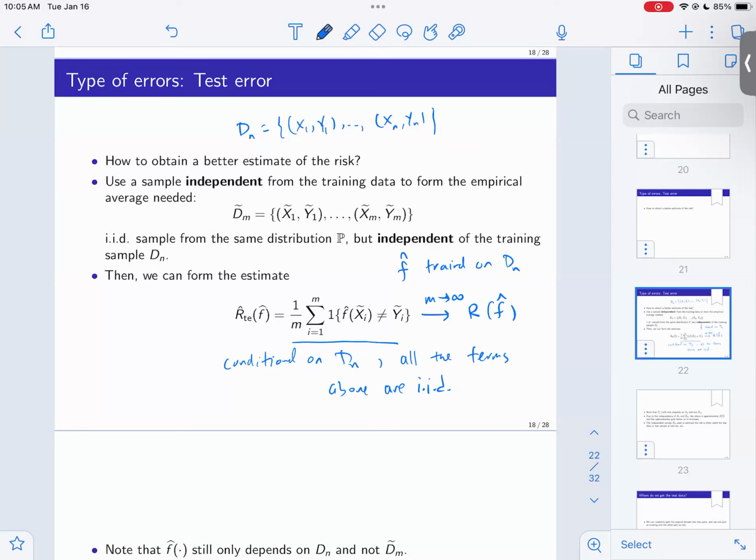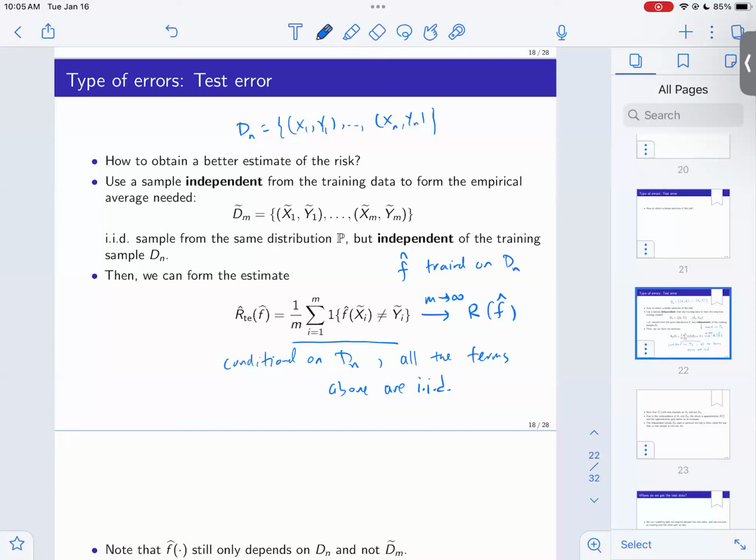And in practice, sometimes you have the entire data, so you have to construct your own. This is called test. So you have to construct this test sample, or unseen samples. You just split your data into two pieces. You put one piece aside for future. You don't touch it, and then you just train on the first piece.